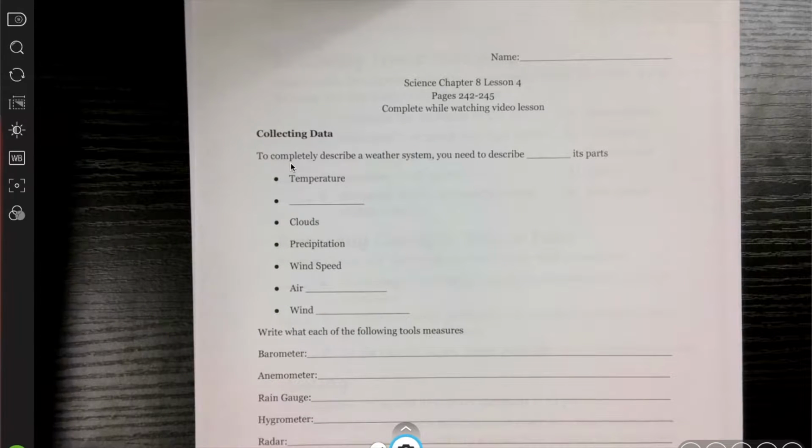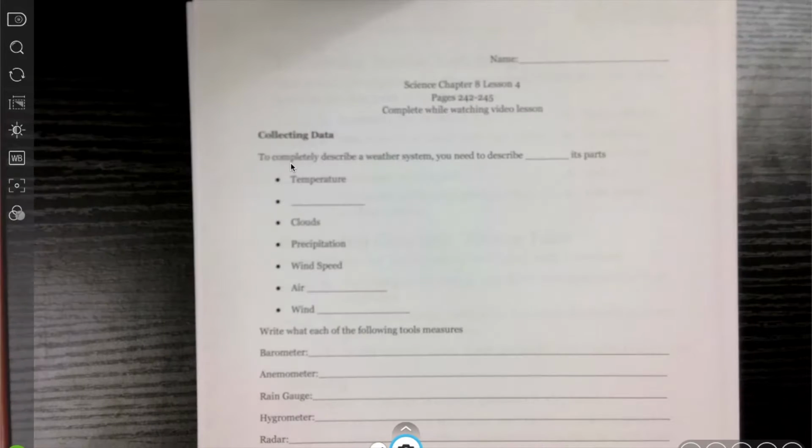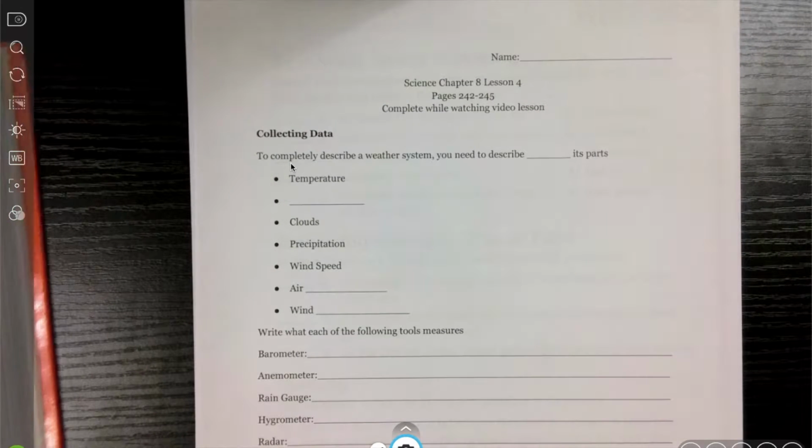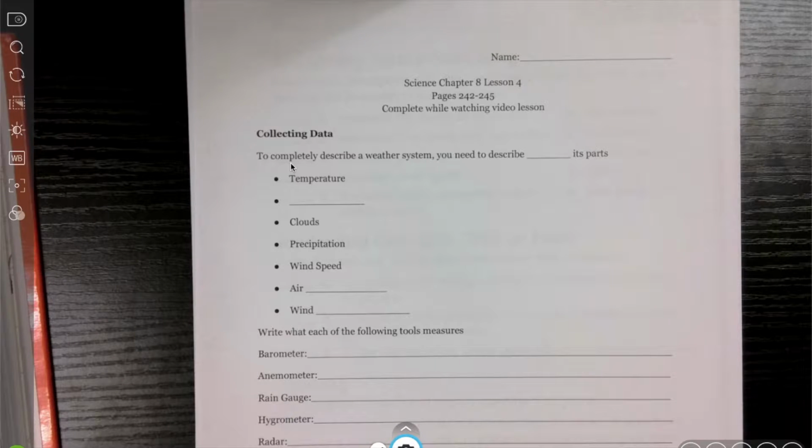We're going to be looking at Chapter 8, Lesson 4, and we're going to be on page 242. Make sure that you've got your notes out that look like this, as we're going to complete those as we go through. So we've been looking at severe weather yesterday, and today we're going to be looking at how weather forecasts are made, because it is the job of those forecasters to tell us what kind of weather we can